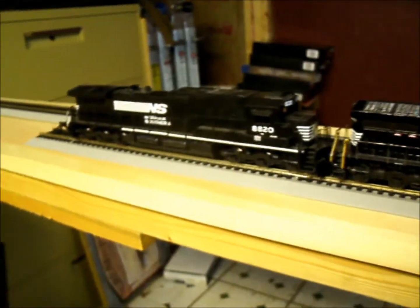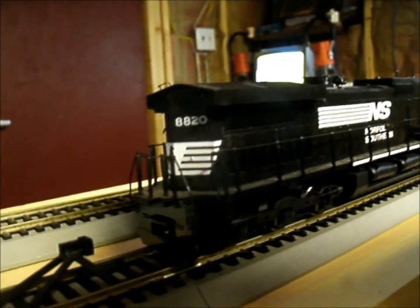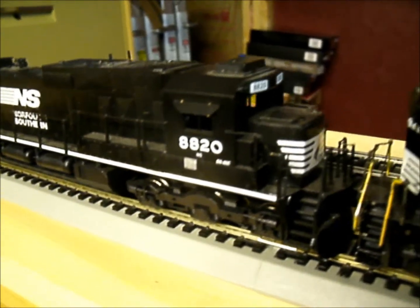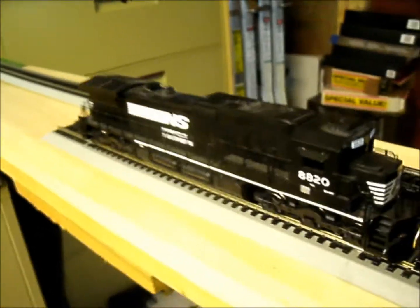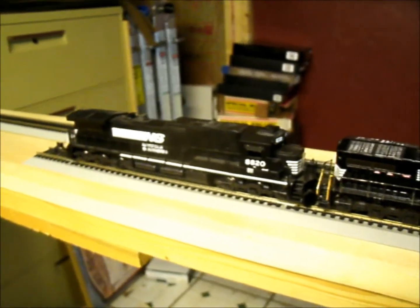So I've added a few things to it. I've got the numbers put on the back, right there. And I've also added a little bit of the stripe on the walkway, but I ran out of decals. I've also gotten the builder's plate and the model designation put on there, and I've also installed the number boards on the front. So this thing's just pretty much a decaling project, but I am thankful I came across one of these,